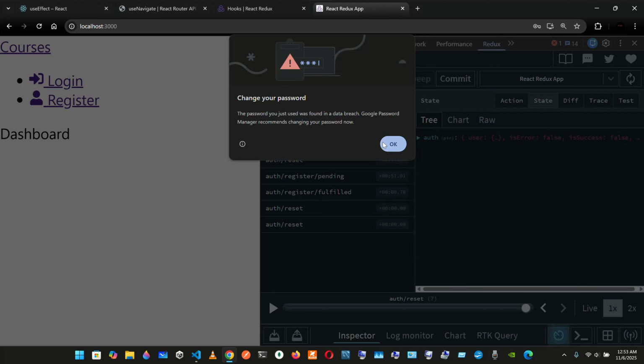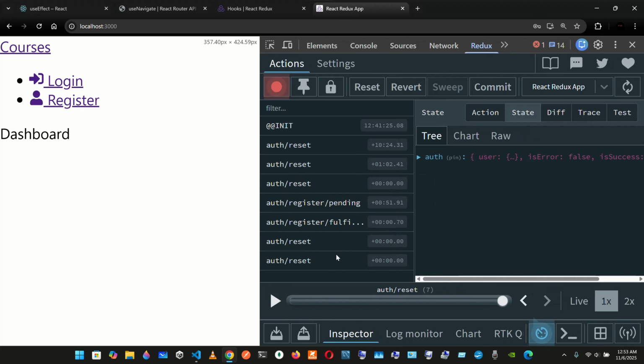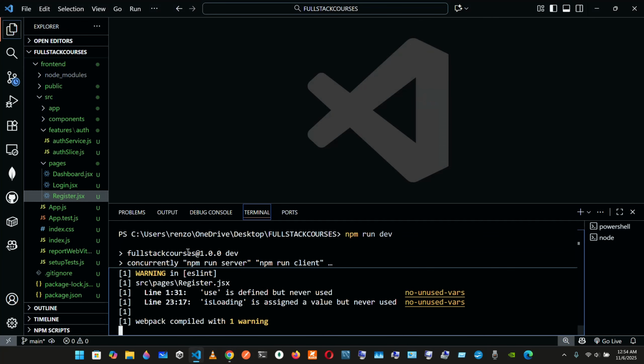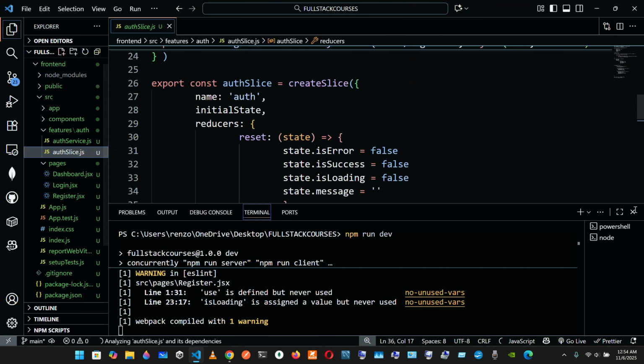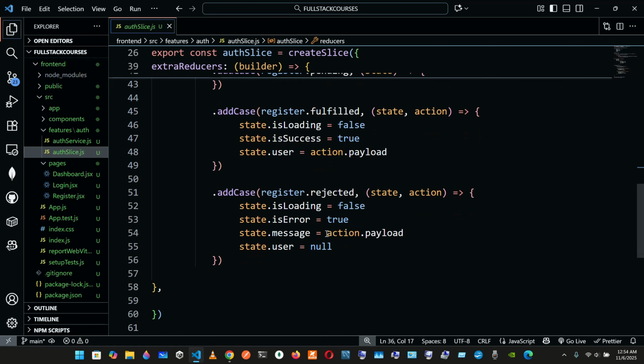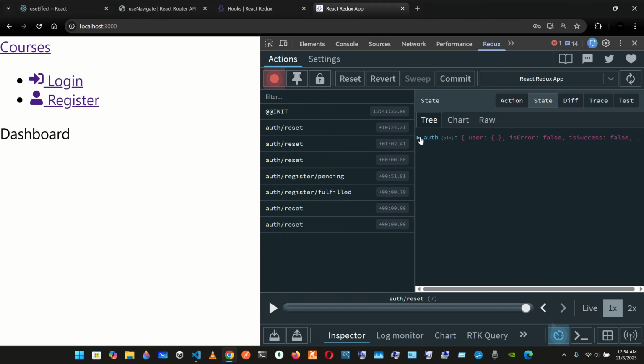And yeah, that's fine. So we have reset pending, and as you can see, fulfilled. Maybe just leave it like that. As you can see, these are the states that are working from the auth slice. When it is success it is going to be true, and when it's rejected, the error state is going to be true. In this case, it has been fulfilled. Okay, so if we go into the auth state now,